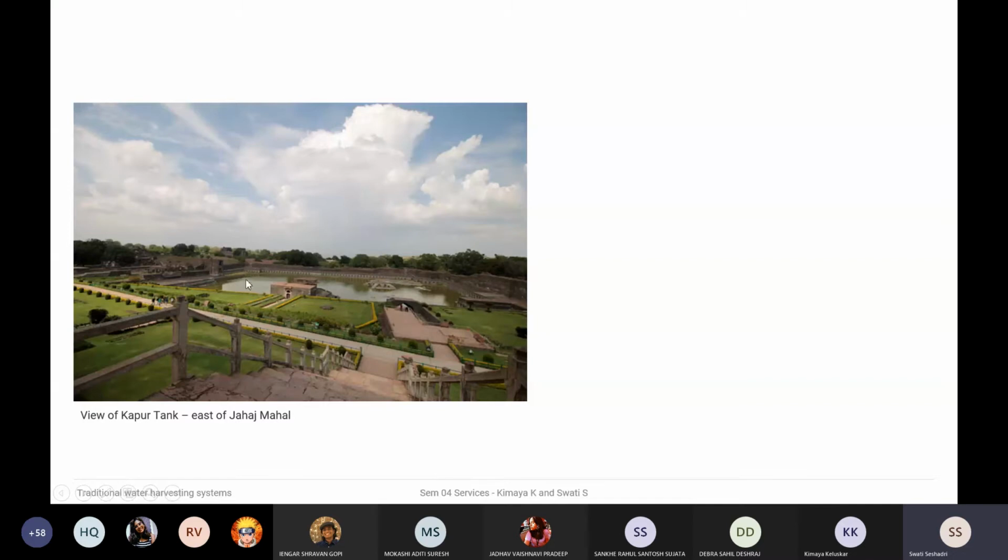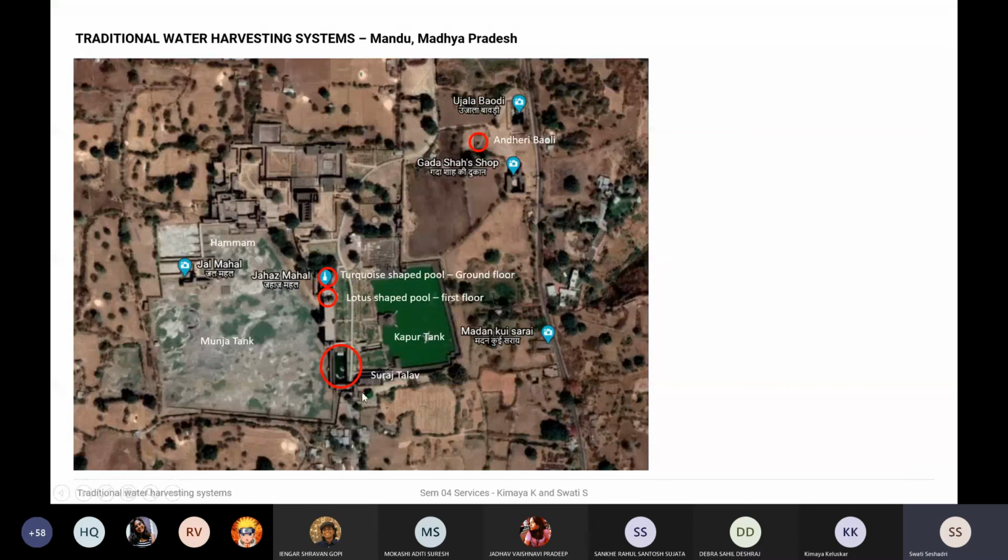So yeah, that's the view of the Kapoor tank. Essentially, the Kapoor tank is one that supplies water to the structures as well. One thing that I missed telling you all is that the Suraj Talab, towards the receding monsoon time, is filled up to a very high level, and then this water collected here is